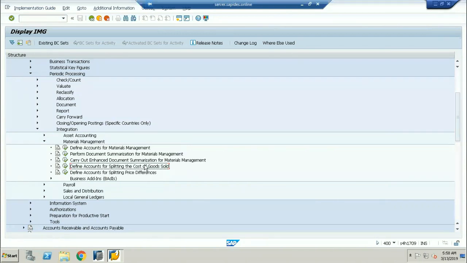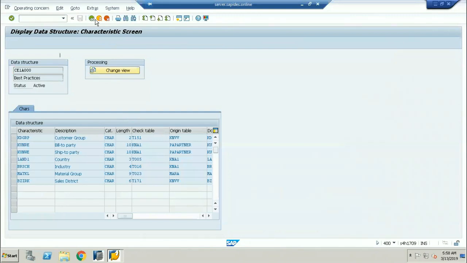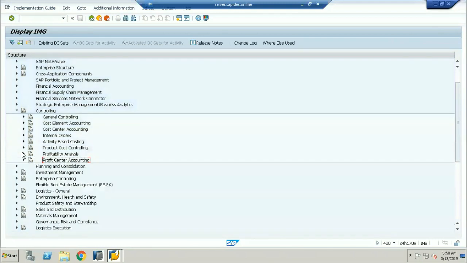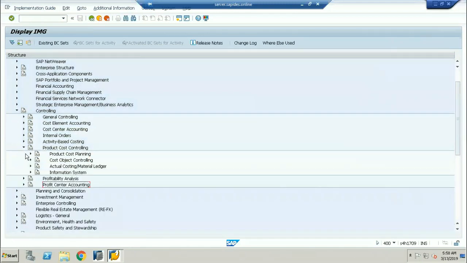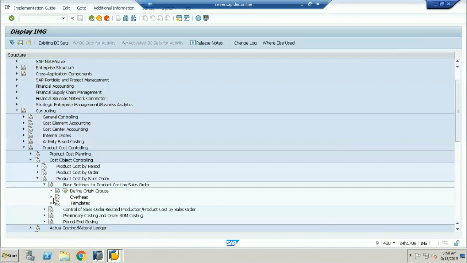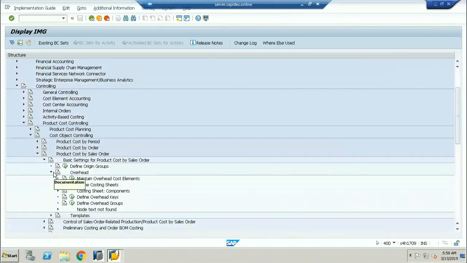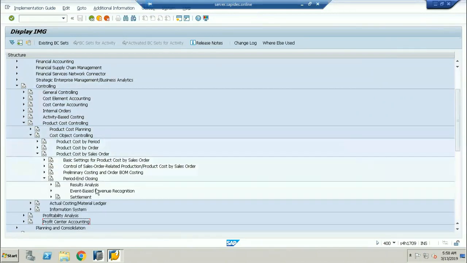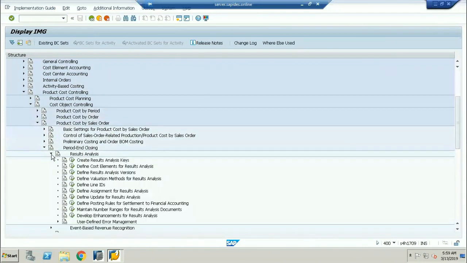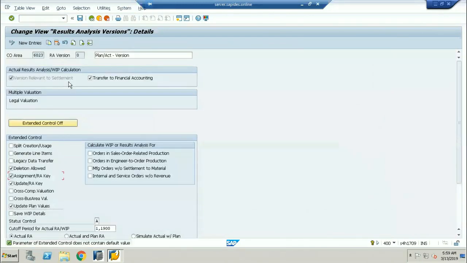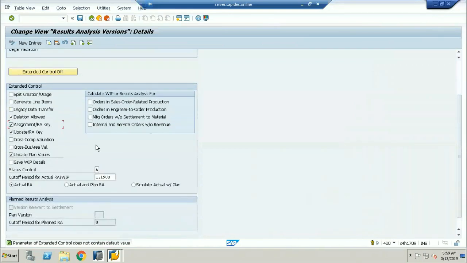So when I go into this controlling part, here, when I go into this production variance, now here there is a GL account, yes.